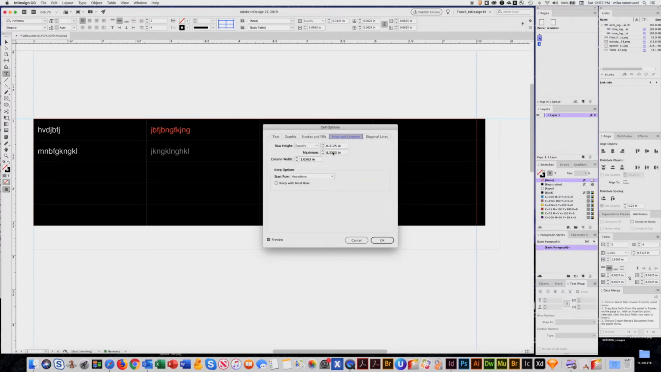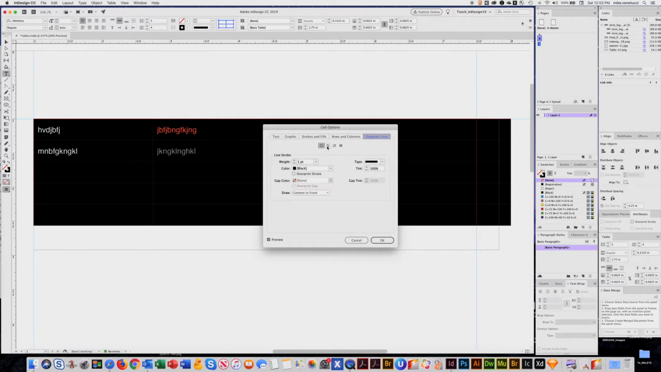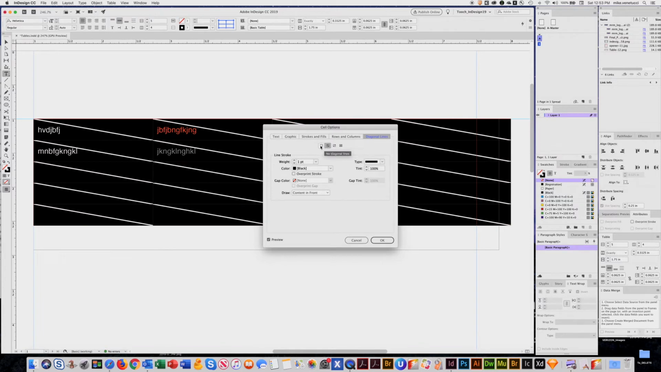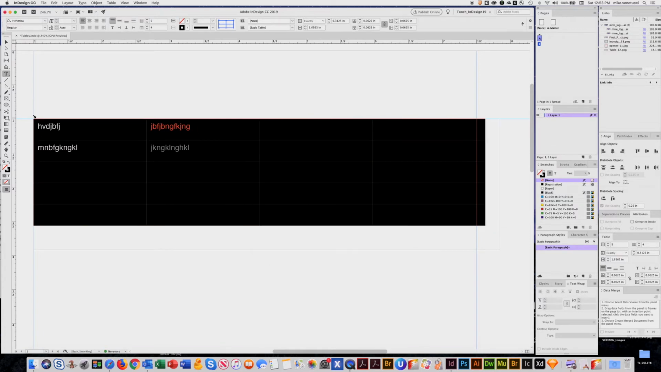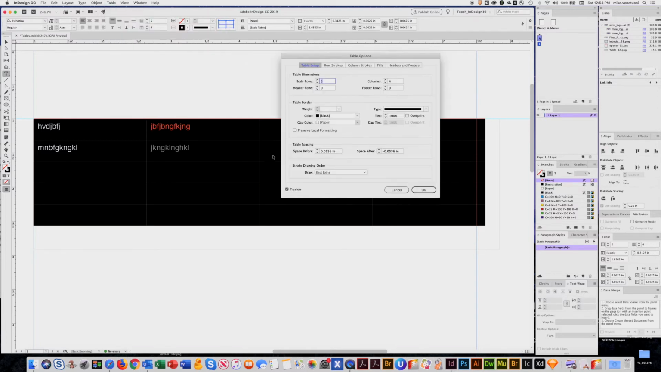Controlling your rows and columns. We could change the column width. And if you wanted, for example, to put X out lines in it. That's the cell options. Now if we go here, select all, if we go to table options, here's again the